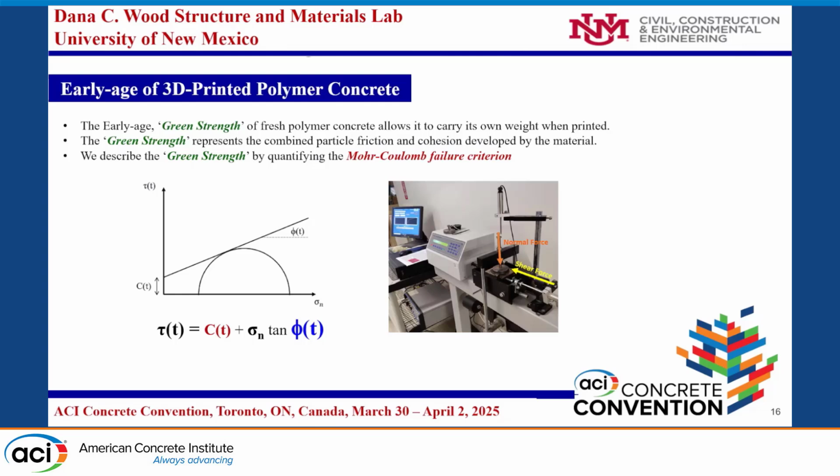To develop a finite element model, we have to get the early age properties of the 3D printed polymer concrete, which we can call the green strength, and it's the ability of the material to carry its own weight. So the green strength represents a combination of cohesion and friction, and we model it using the Mohr-Coulomb failure criteria, by doing the direct shear test where we apply a normal load and measure the